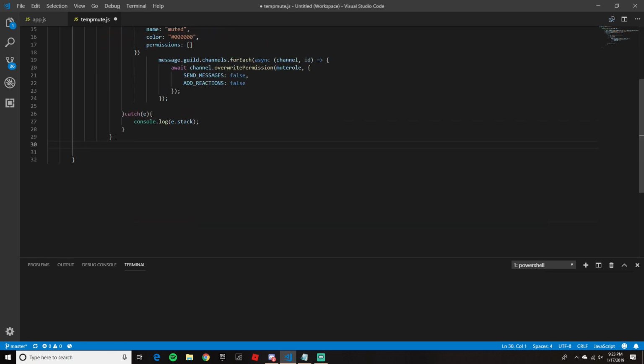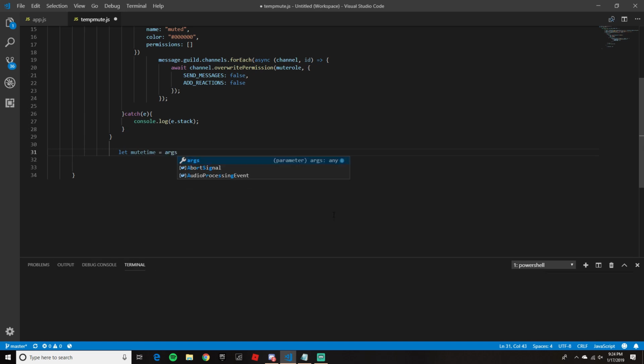Okay, so now we can get out of all this. Right there was a little bit confusing and a little bit annoying to deal with. But anyways, we can get out of all that and make sure to stay in this last bracket right here that we have, so that we're going to keep on continuing to put our code in there. And right now, we're going to do let mute time